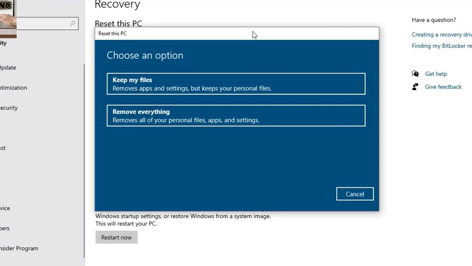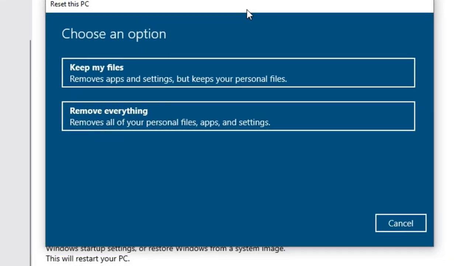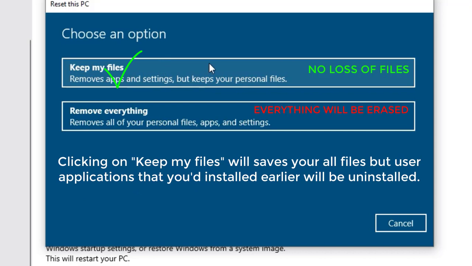After clicking on get started, we have a new window with two different options. From these two options, let me tell you, this is the main step which you have to follow for resetting or reinstalling Windows 10 on your computer without losing any of the files. So here the first option is keep my files. We have to choose this option, and as soon as we click on keep my files, then friends,